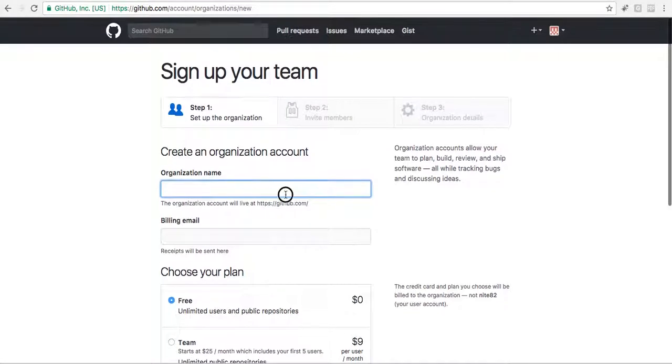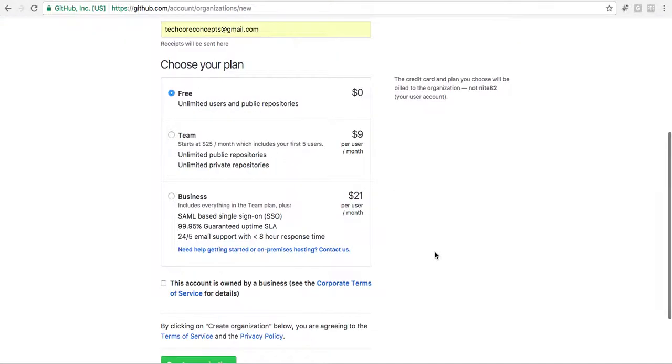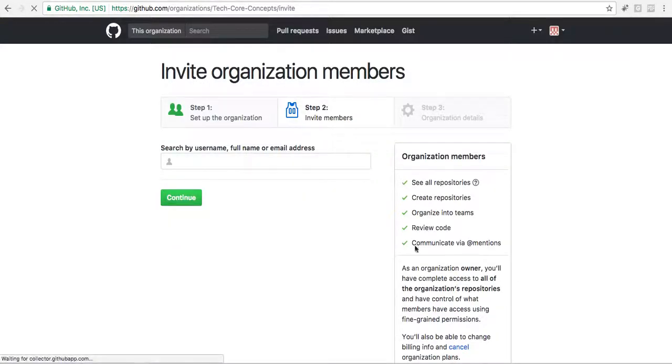to GitHub. I am just creating an organization named Tech Core Concepts, and the billing email should be techcoreconcepts@gmail. Create organization. Okay, now here you can